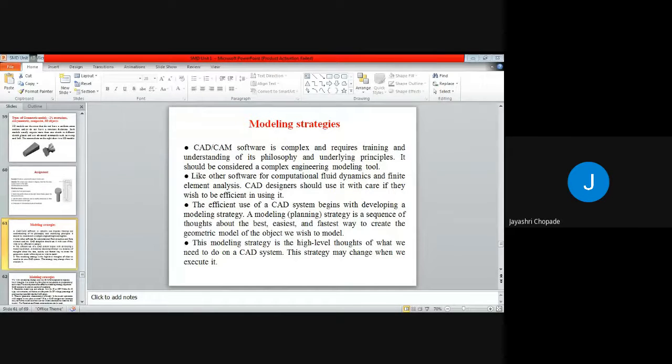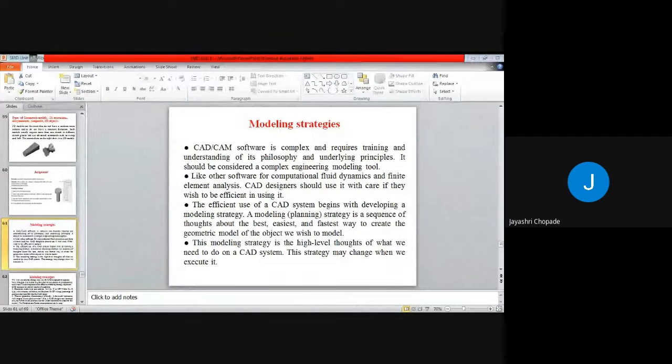The efficient use of a CAD system begins with developing a modeling strategy. A modeling or planning strategy is a sequence of thought about the best, easiest and fastest way to create the geometric model of the object we wish to model.